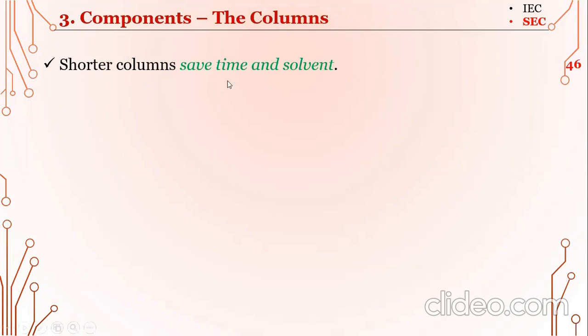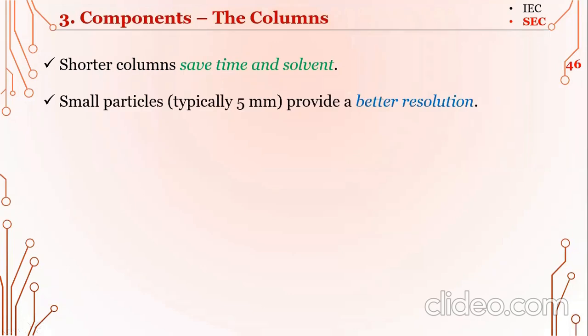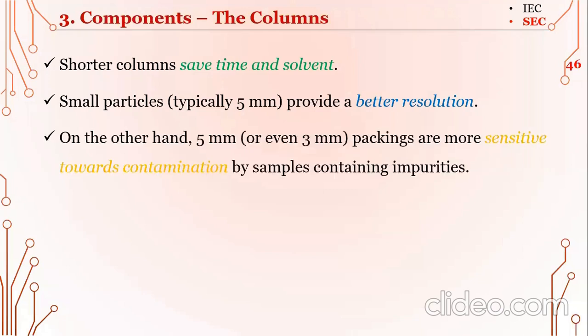So shorter columns will save time and solvent. If we use shorter columns, that will save our time and the solvent as well. And small particles, typically 5 millimeters, provide better resolution. The smaller particles provide better resolution. On the other hand, 5 millimeter or even 3 millimeter packing is more sensitive towards contamination by samples containing